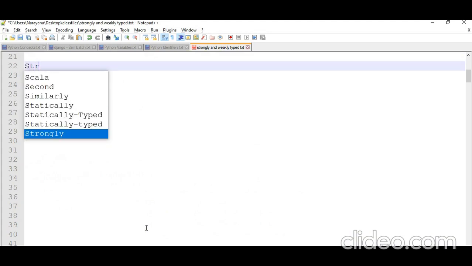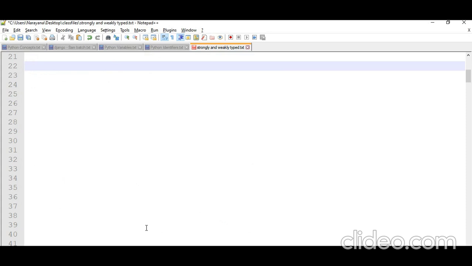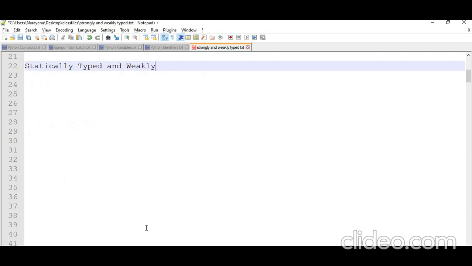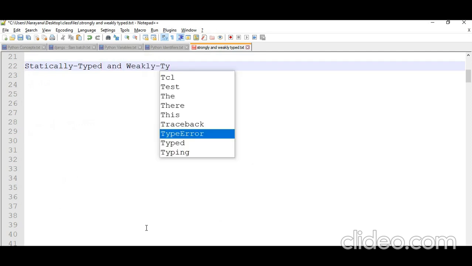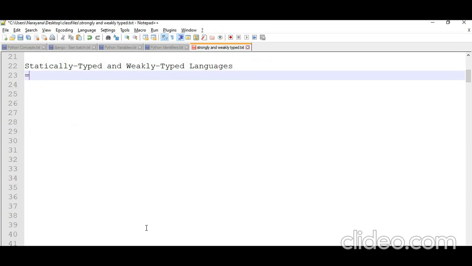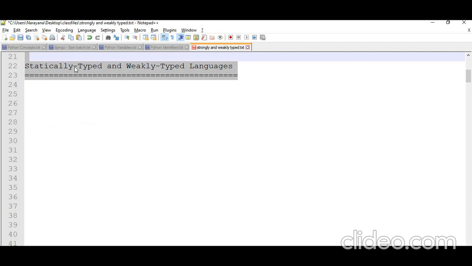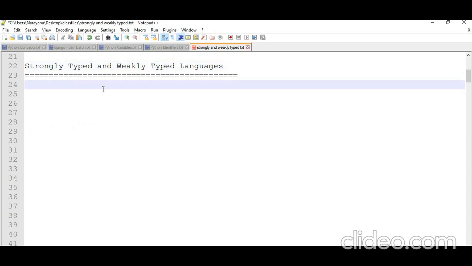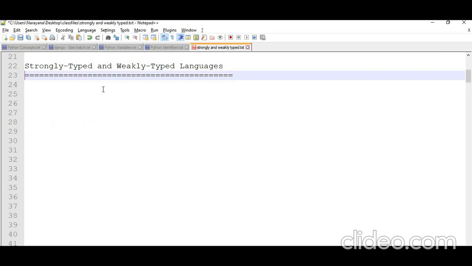So what are the strongly typed and what are the weakly typed languages?